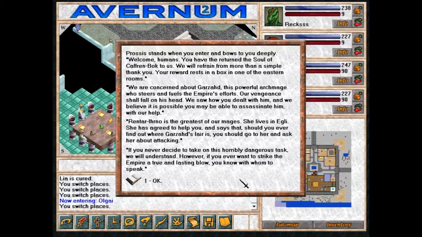Process stands when you enter and bows to you deeply. "Welcome, humans. You have returned the soul of Kafran Bok to us. We will refrain from more than a simple thank you. Your reward rests in a box in one of the eastern rooms. We are concerned about Garzad, this powerful archmage who steers and fuels the Empire's efforts. Our vengeance shall fall on his head. We saw how you dealt with him, and we believe it is possible you may be able to assassinate him,